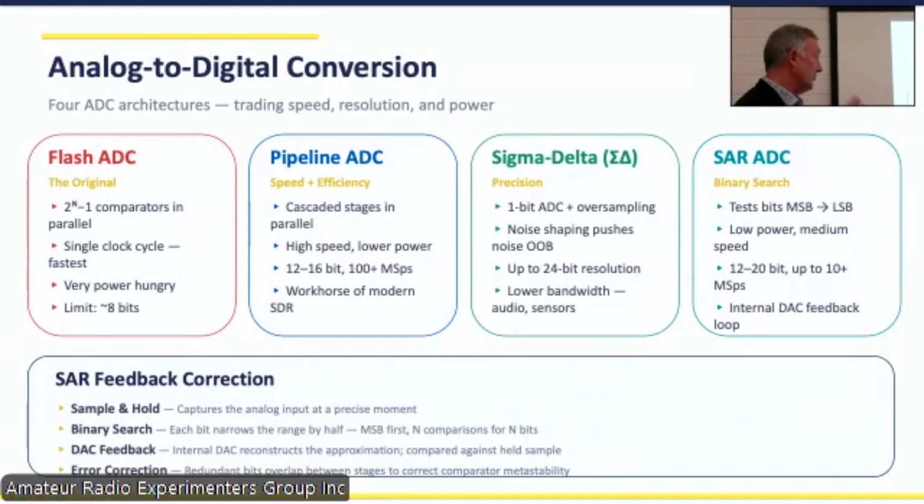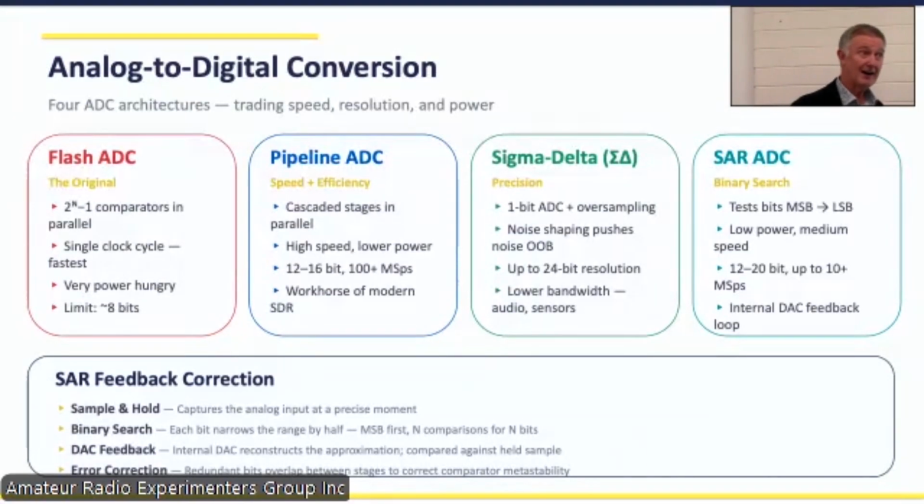Right, analog to digital conversion. There's 2 major types which come out, and it's really important to be able to understand the difference between them. The flash ADC is basically the one that you'll probably know the most about. It's basically using a ladder approach between capacitor and originally resistors, and it used a lot of power, and it gave the output generally about 8 bits. The pipeline was a development of that which speeded it up, used less power, but it took a little bit longer in time to be able to do it.